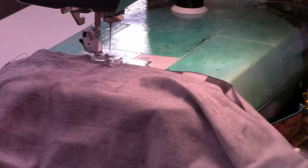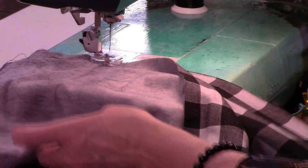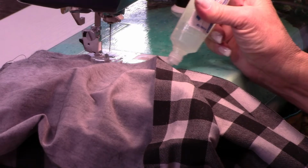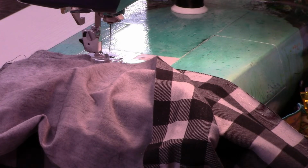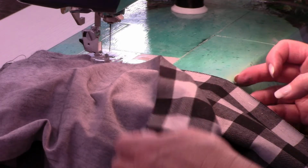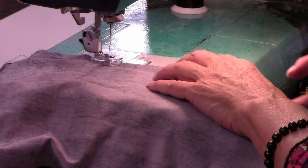I normally would use a zigzag stitch for seams, but this isn't going to be stretched over my body, it's just going to hang over my neck. So I don't think I have to worry about the thread breaking. If you're the type of person that ties your scarves in knots and pulls on them a lot, then using a zigzag stitch that's got a very small width on it